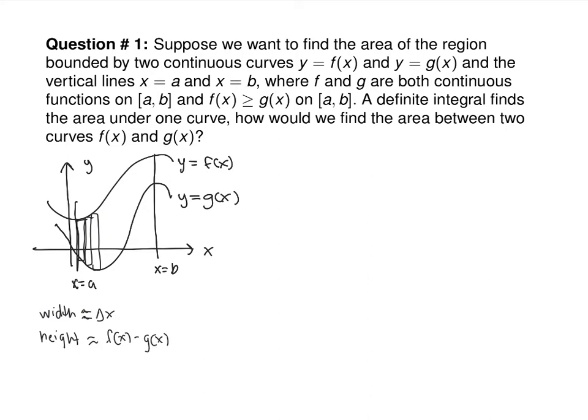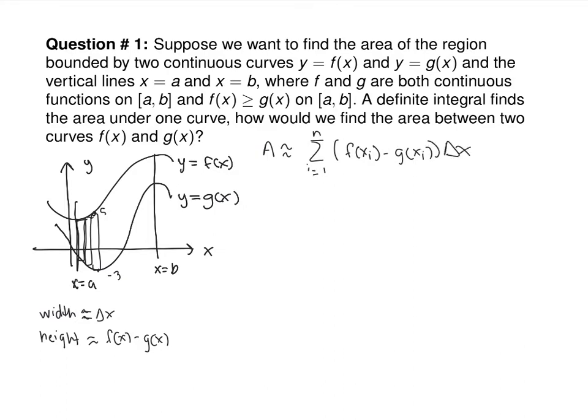And notice that this works even if g of x is negative. So for example, there, if the value of f of x was 5 and the value of g of x was negative 3, doing f minus g yields a result of 8, which is the actual height of that box. And so your area would be approximately equal to a sum from i equals 1 to n of all the heights, f of x sub i minus g of x sub i,